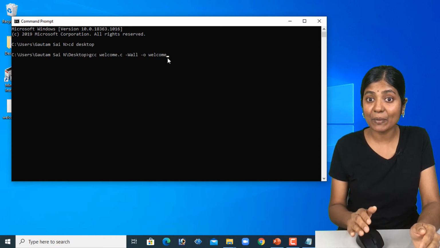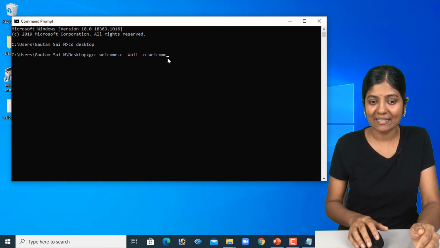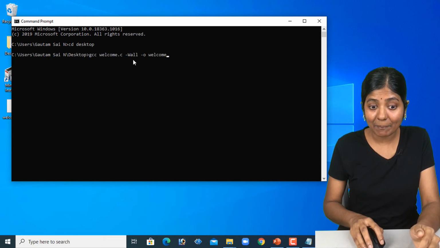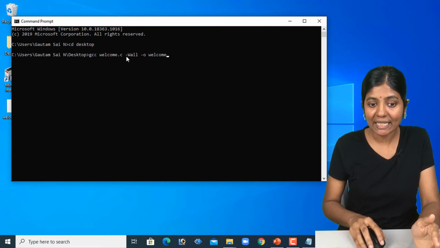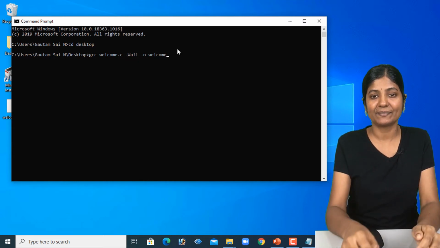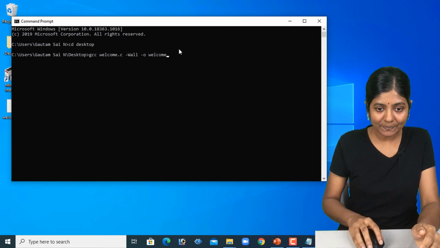In case our program has errors, we are asking the compiler to show where exactly the errors are by giving the option hyphen Wall. Okay. Now,